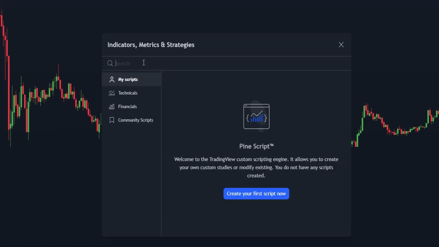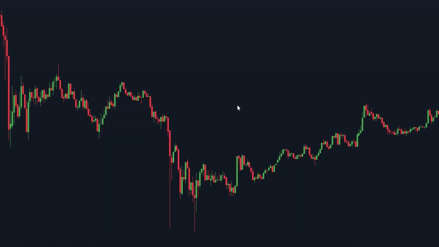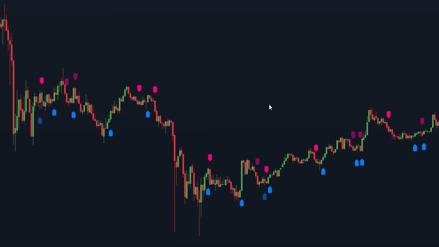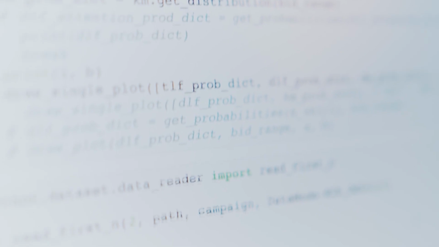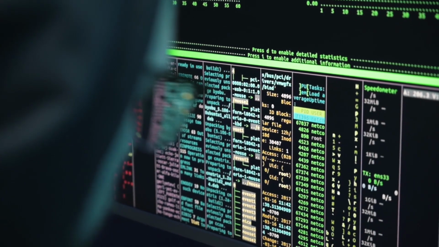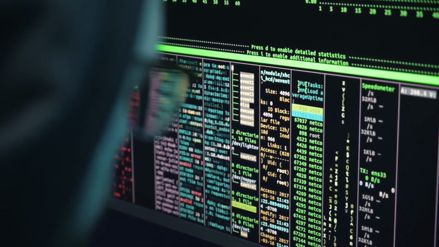Starting with the first indicator, we will integrate the machine learning-driven K-nearest neighbors, KNN-based strategy. I extend my thanks to the creator, Capissimo, for this notable indicator. The machine learning strategy operates by examining historical market data to predict the direction of future price movements based on discernible patterns in the data. K-nearest neighbors, KNN, constitutes a classification algorithm that ascertains a data point's category by considering its closest neighbors within a feature space. Within the context of trading, KNN classifies whether a stock's price is likely to appreciate or depreciate based